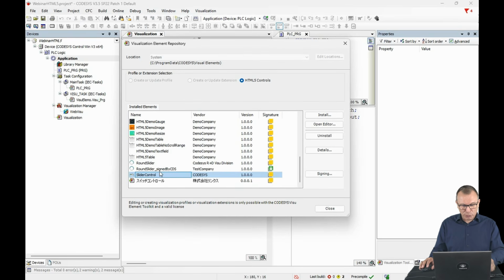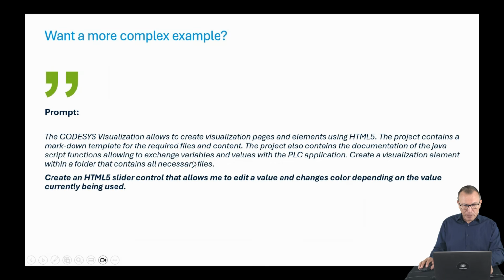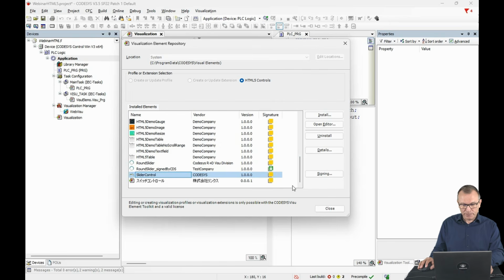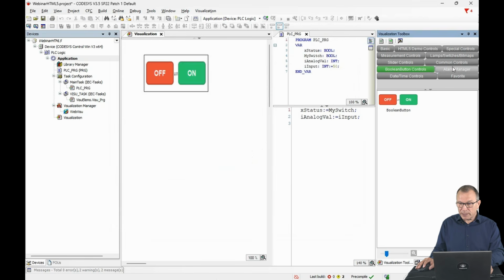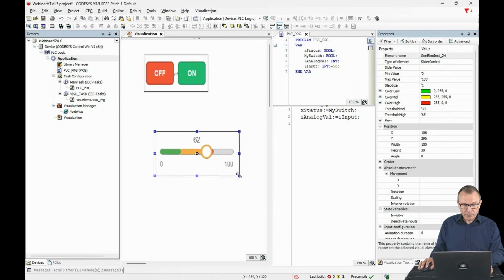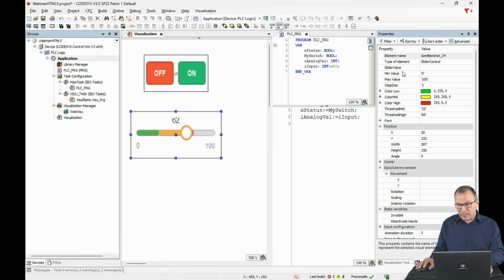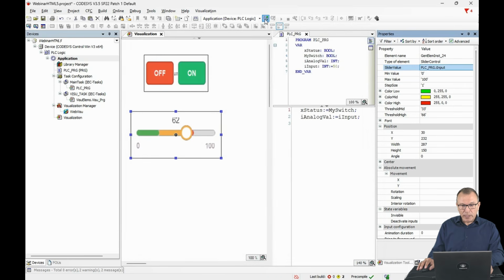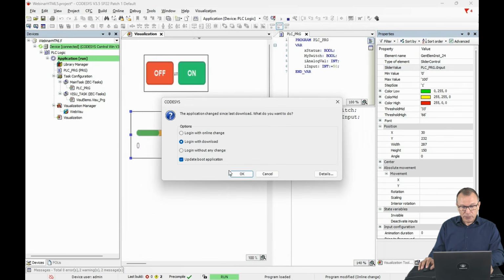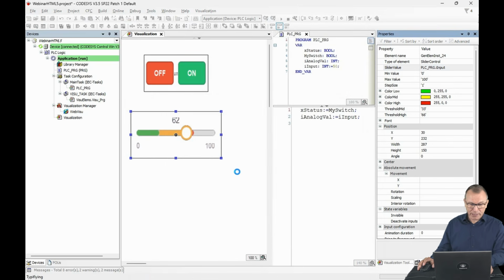So I have already a slider control, which was just generated by this prompt here. I have installed it, and it's inside my toolbox. So this is here, and I can immediately use it. You see that the list of properties is a little bit longer than for the simple switch, and I can configure it in a more complicated way. Nevertheless, I need one variable connected to my application, and then I can download it to my soft PLC